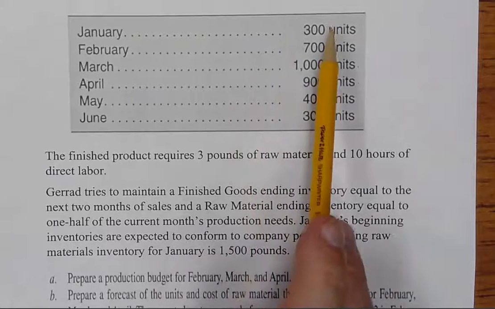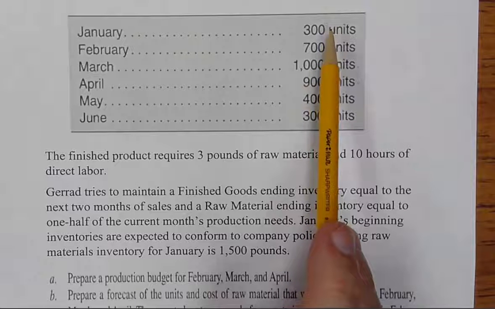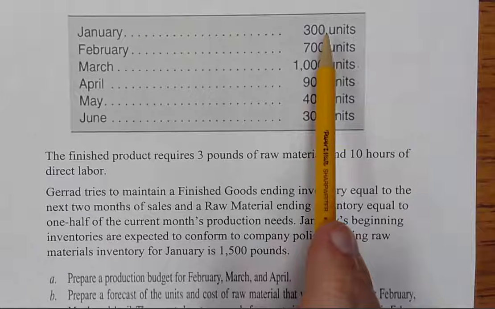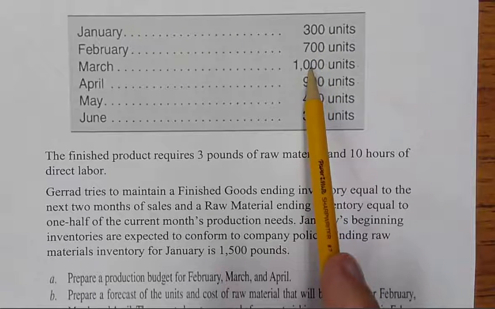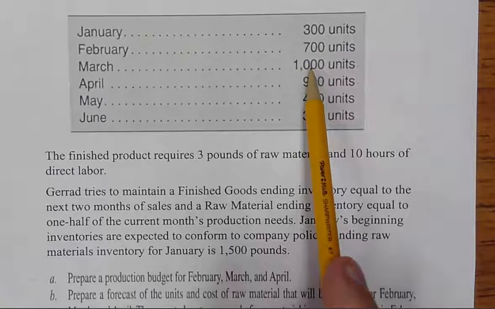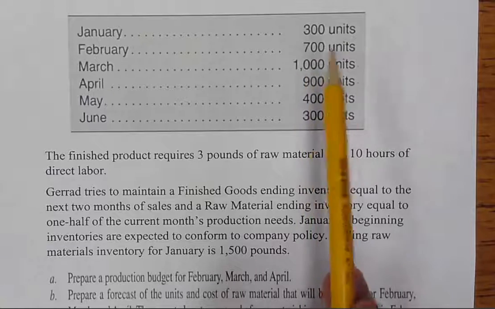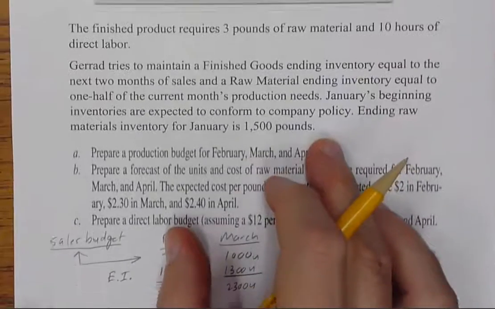See, for the month of January, we accounted for 700 and then another 1,000 units. These are the 2 months after January. So these are 1,700 units that we would have already produced. So we don't need to produce those again. We've already produced them. So we're going to come down here